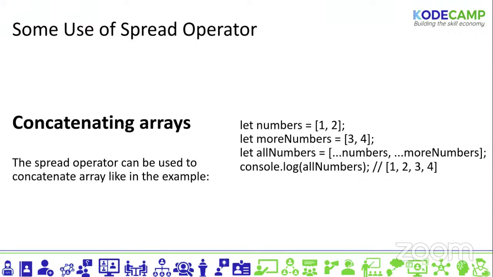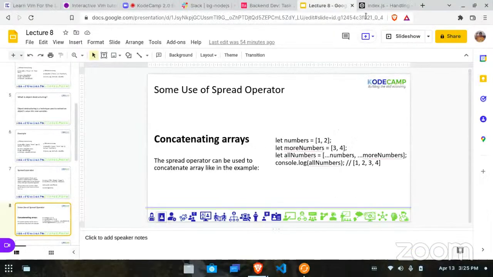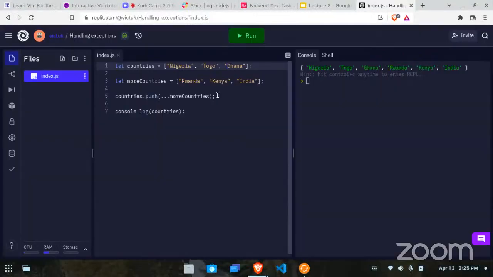So you see that you can use spread to concatenate arrays. You can concatenate two arrays like this by using spread. Although I think we talked about concatenating before. So if I wanted to concatenate without using spread, I'll do